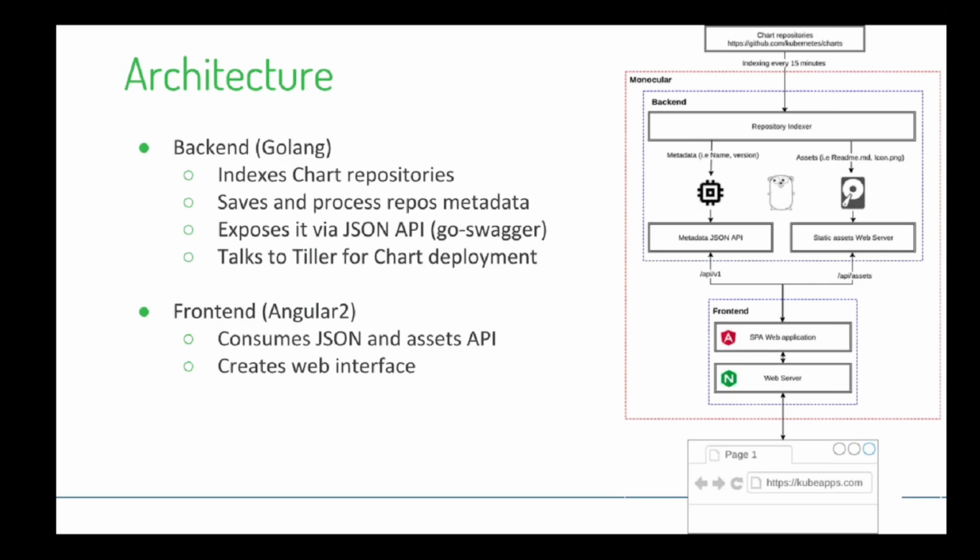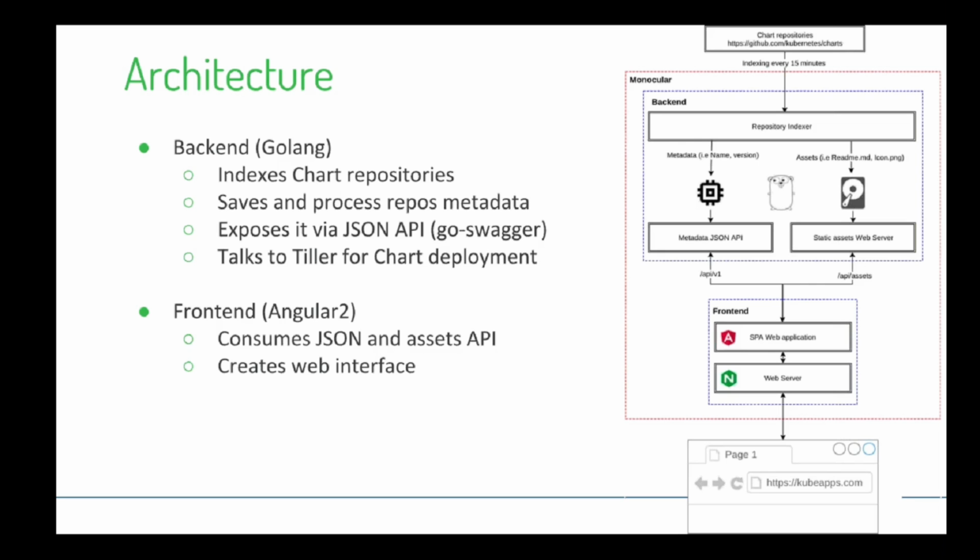The README files are part of the tarballs that represent a release, that represent a version, in which case we need to extract it. And the same thing for the icons. We might want to process it to get a proper aspect ratio. So once the backend has imported the metadata and those assets, we expose it via a JSON API,